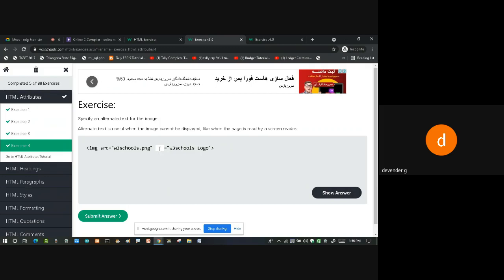For the paragraph, we use an attribute called title, but for the image, the attribute we are going to use is alt. It is alternate text. If the image is not available, this message will display. If the image is available, when my cursor goes on it, this text will be displayed on the screen.